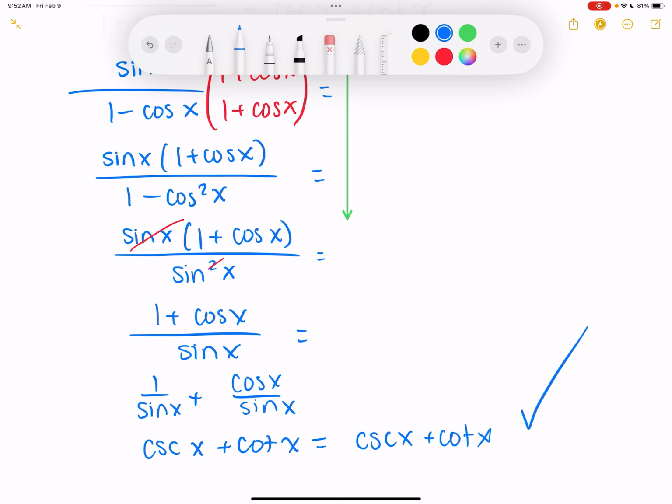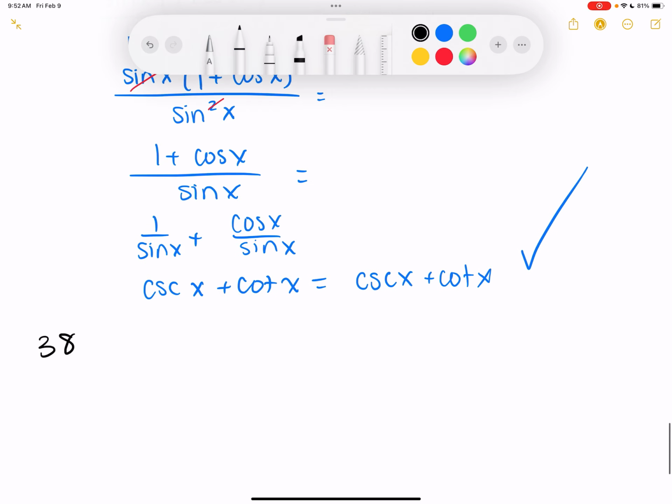This happens to be problem 38, but I would show it to you anyway. We start with the one you just have to know: sine squared plus cosine squared equals 1. But let's say I don't remember the other two. I only memorized one of them, and I need all 3 because I need to verify something. So if we take this entire function and divide every piece by cosine squared,